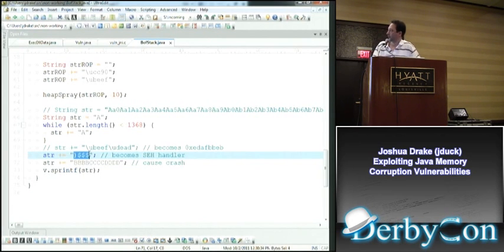But the problem was that we were having issues with the UTF-8 representation causing mangling in the ROP, and actually you can't have the null bytes in there either. So we weren't able to pull a ROP together in the hour between the last talk and this one. So this is as far as we got.